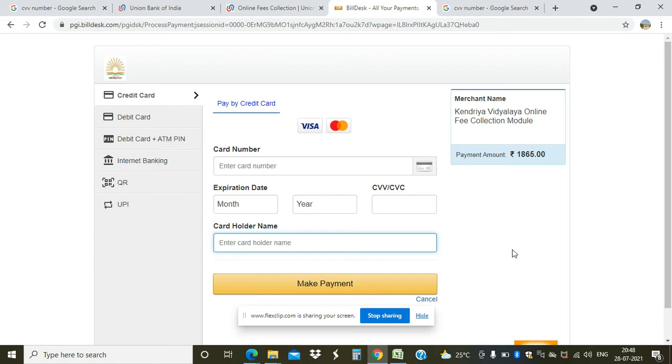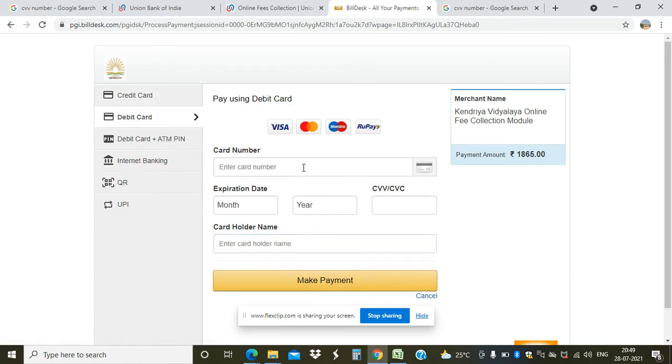Then we can proceed to make the payment, and after clicking on make the payment, it will ask for an OTP. So after writing the OTP, when we submit, the payment will be done.